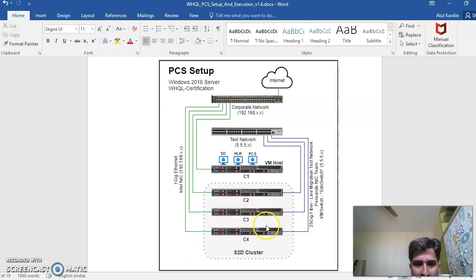So we will do networking like it is shown in the figure. There is one VM missing here, which is a DHCP server for this network, isolated from this network, of course, which I will add. So these 4 nodes will need to be installed with the Windows OS that you want to